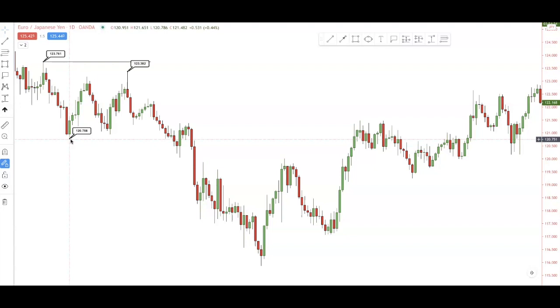Now, with that being said, this is how you use this tool to figure out where price can go next, right? So I know if price continues down, the next area I want price to pass is this number here. Because when you say something is in a trend, you mean it's for a continuation. And if we're saying it's in a downtrend, what we're furthermore saying is we're hoping price can continue going down. So with that being said, as you can see, it does go down, and it goes down for quite some